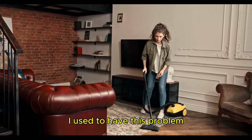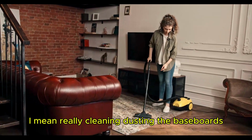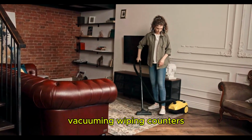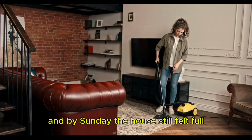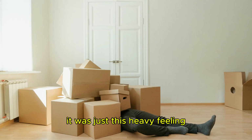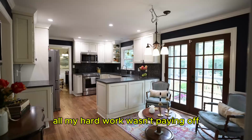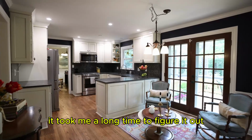I used to have this problem where I'd spend all Saturday cleaning. I mean really cleaning, dusting the baseboards, vacuuming, wiping counters, and by Sunday, the house still felt full. It felt messy, even though it wasn't dirty. It was just this heavy feeling like the walls were closing in, and I couldn't understand why all my hard work wasn't paying off. It took me a long time to figure it out, and I'm going to share it